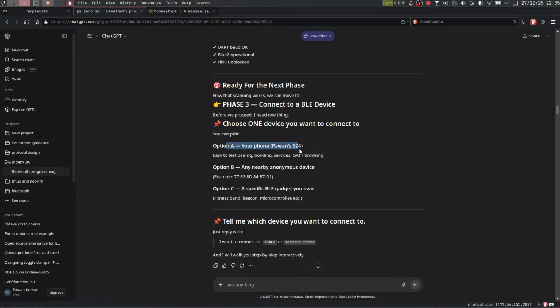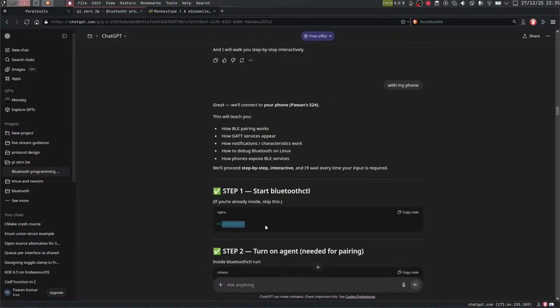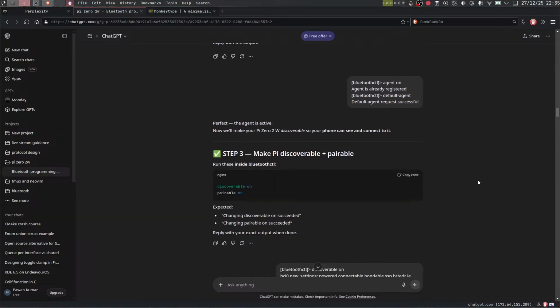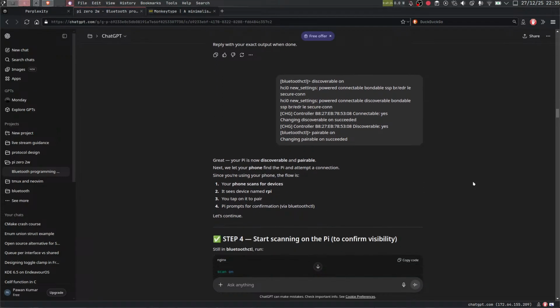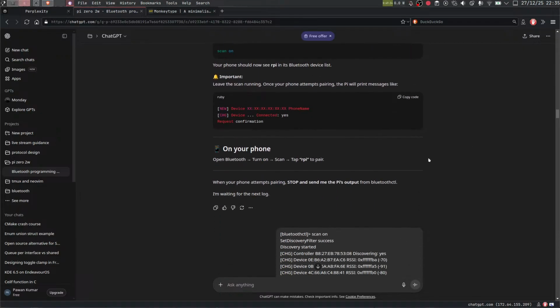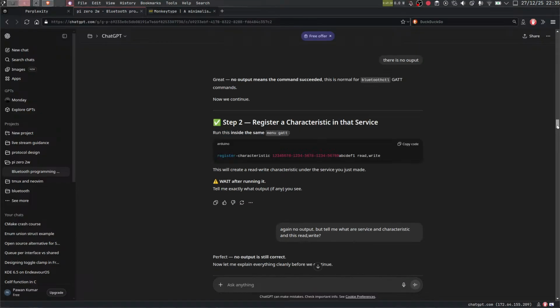So it just connected to my phone using bluetoothctl. That means the hardware is capable. This basically tested that I can use the Raspberry Pi, the Pi0W, with my phone via Bluetooth. After that, the step was to